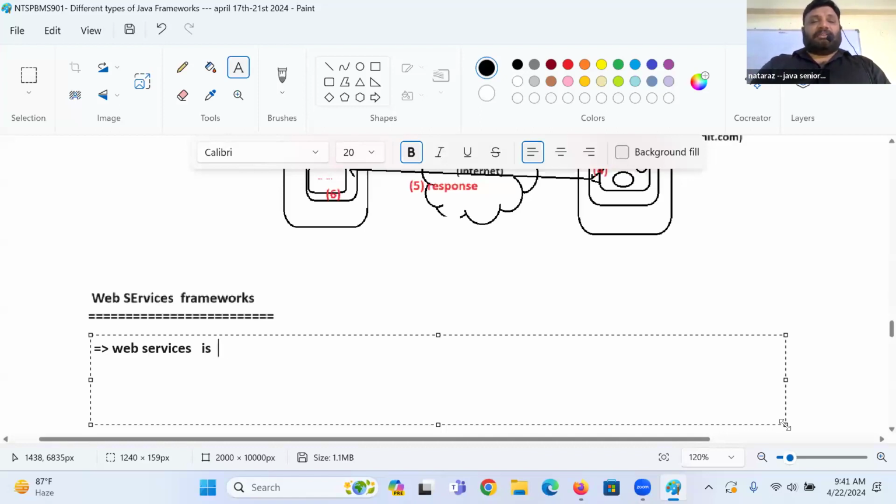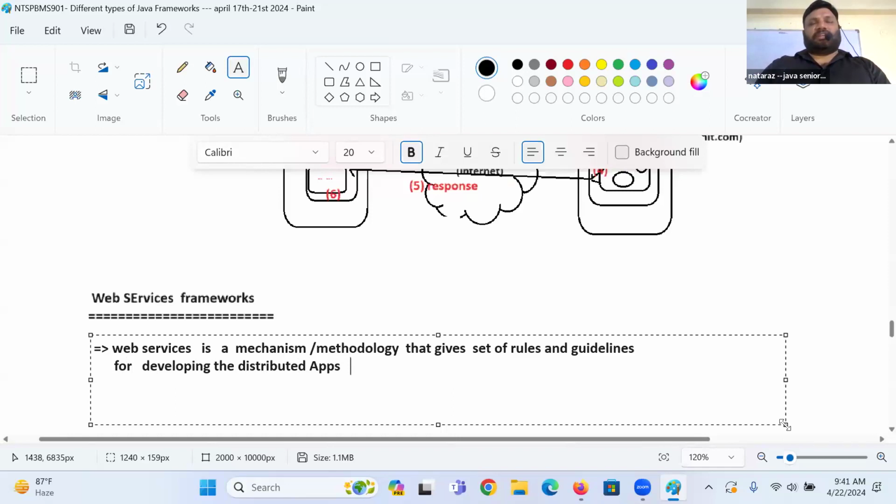Web services is a mechanism or methodology that gives set of rules and guidelines for developing the what, guys?